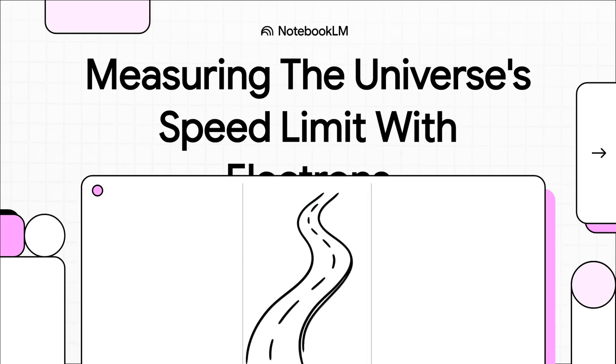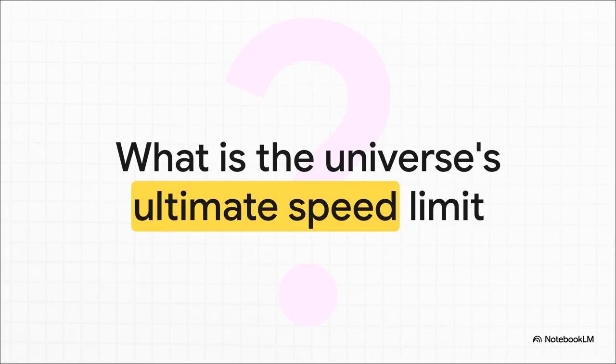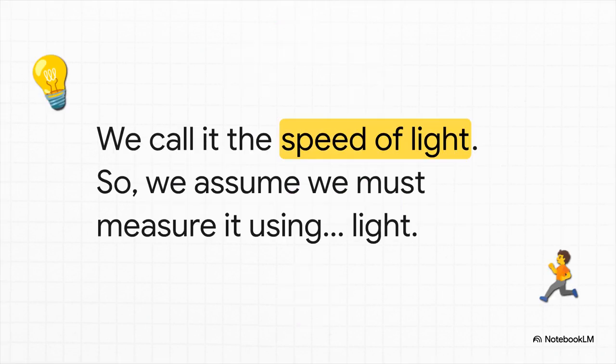All right, let's talk about something we all kind of know, right? The universe has this hard and fast speed limit. You can't break it, and we call it c. And if I asked you what c is, I bet you'd have an answer on the tip of your tongue. I mean, it's one of the most famous letters in all of science, isn't it? The speed of light, of course. It's literally in the name.